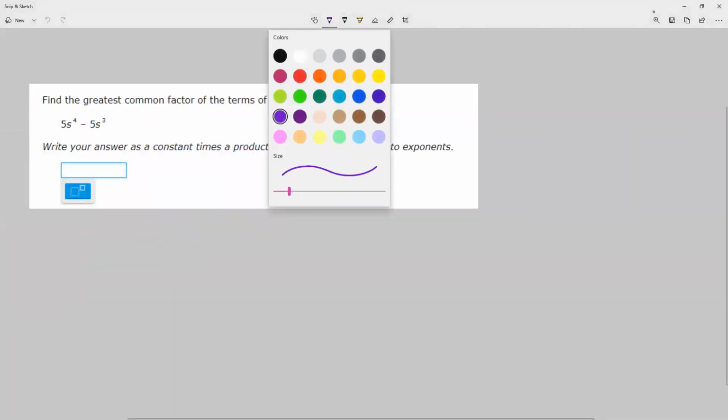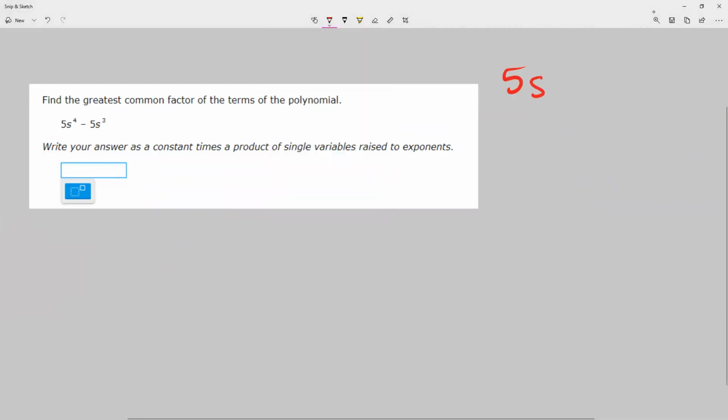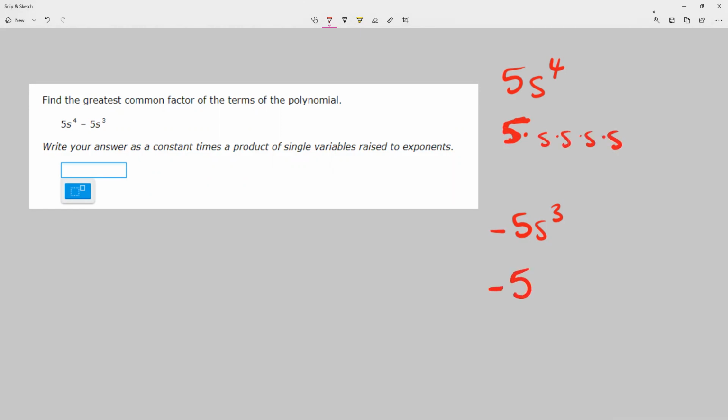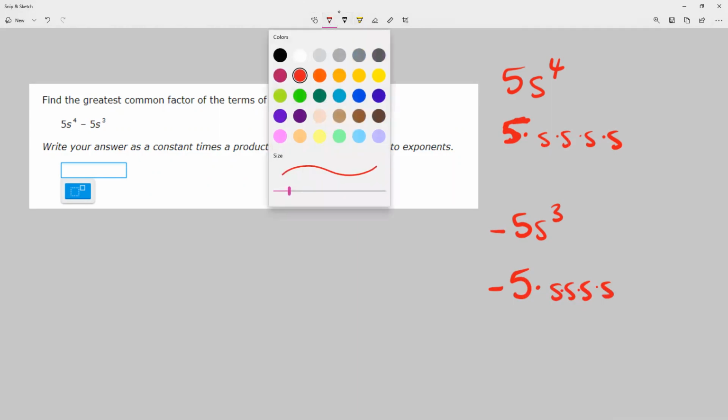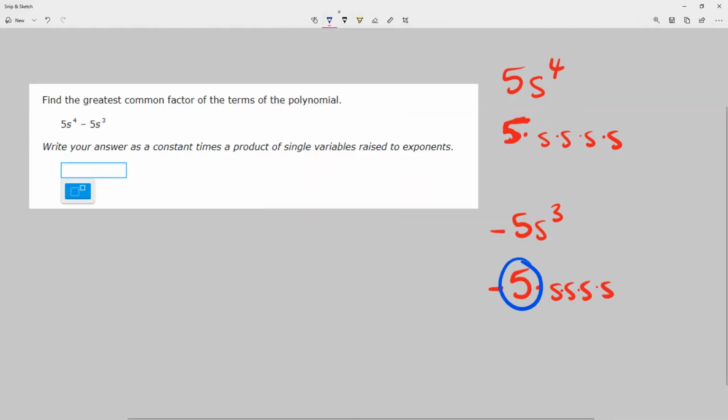If I look at this, my 2 terms are 5s to the 4th and negative 5s to the 3rd. Which the negative sign doesn't really matter, but I do need to make sure I understand that's part of the term, but it doesn't really change the factoring part. So this is 5 times s times s times s times s. And then this is negative 5 times s times s times s. So if I'm looking, again, the negative sign doesn't really matter. I do have a 5 in both, and then I do have